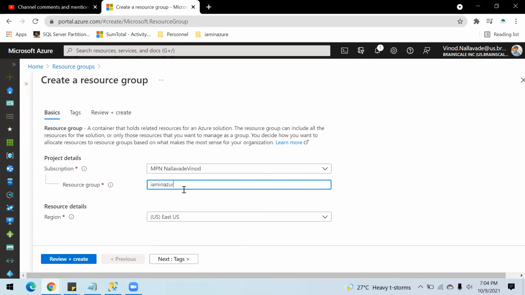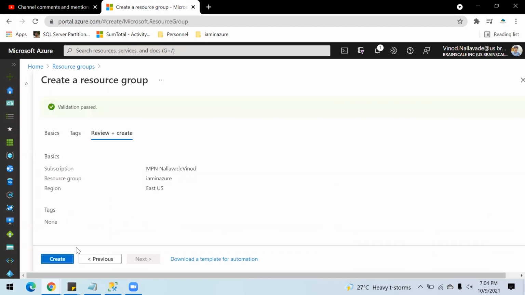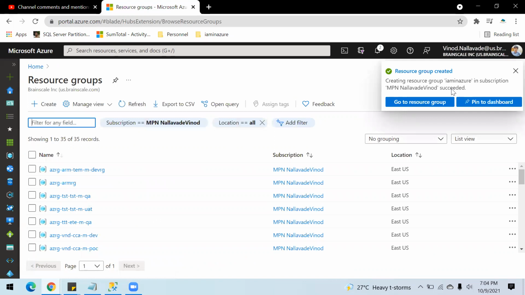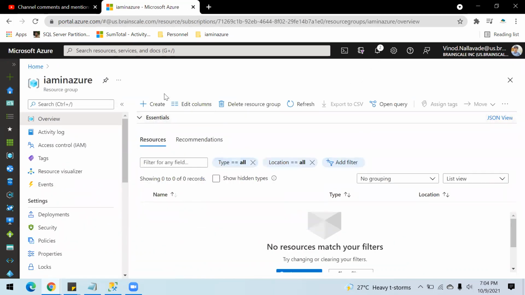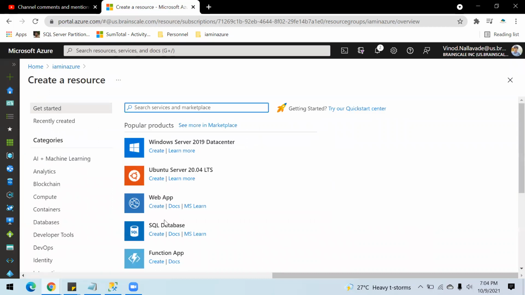So my resource group name, I'm putting it as I am in Azure, and the region to be East US, and review and create. So this will create a resource group. Okay, so this is my empty resource group now. So inside this, I'm going to create the resources.